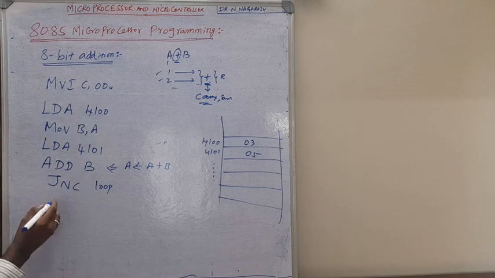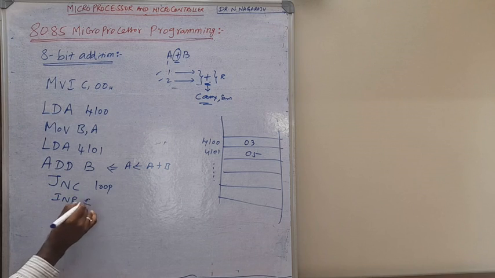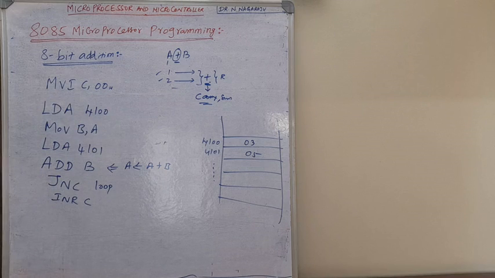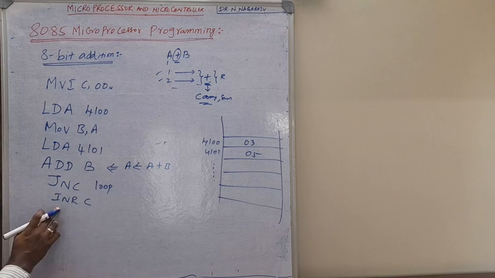So if carry is generated, you have to use INR C here. INR C indicates that C is incremented by 1, because the carry flag is capable of storing only two possibilities, 0 or 1, right? Now, if jump no carry means go to loop, right? If carry is generated, what you have to do is INR C, then you write here